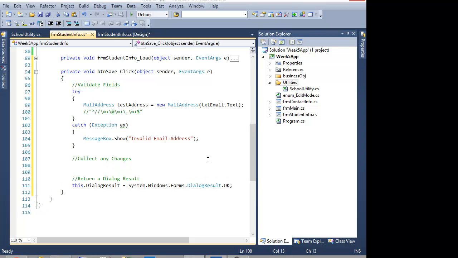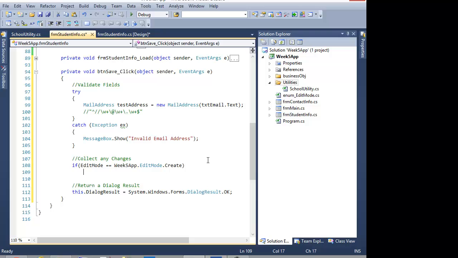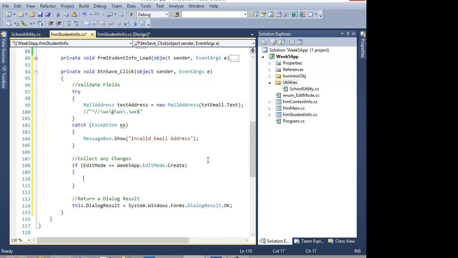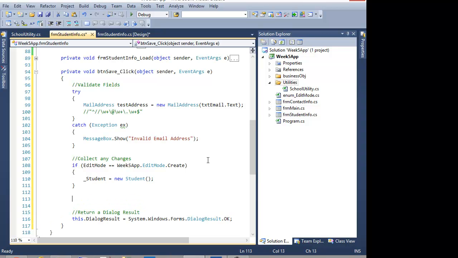From there, we want to collect those changes. Now, the edit mode is really important here because it's going to determine how we interact with retrieving of this data. If our edit mode is create, then the first thing we want to do is take student and set it equal to a new student. Because in create, we don't have a student currently stored in that variable. In edit, we do. So in create mode, we want to put something there, and then we don't have to duplicate effort as we move forward. So now that we're guaranteed to have a student,